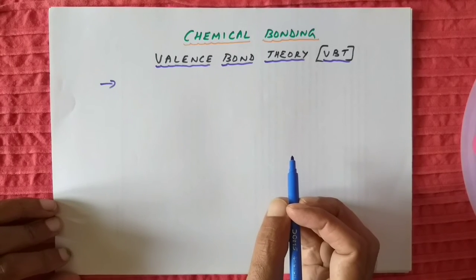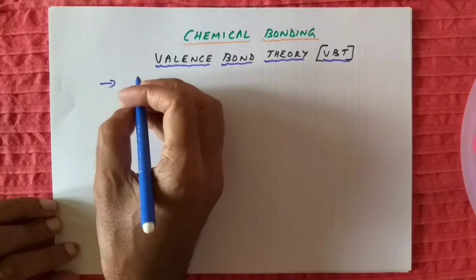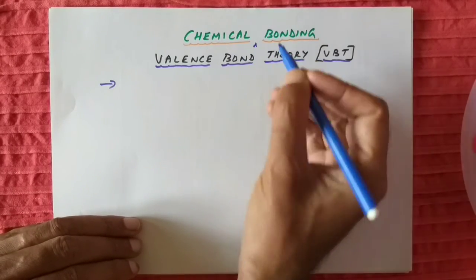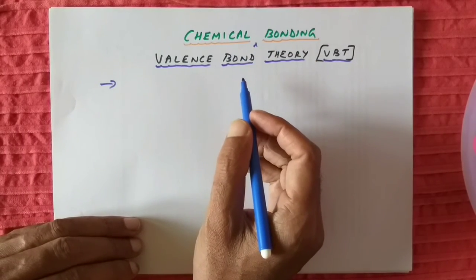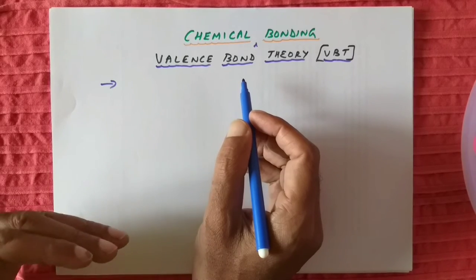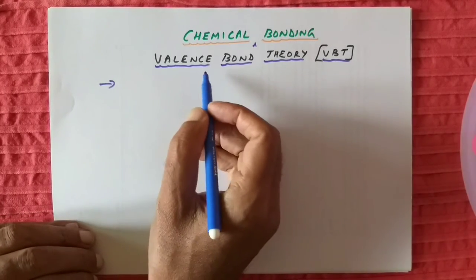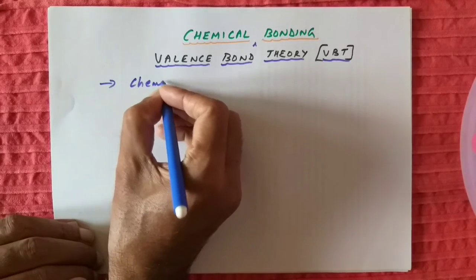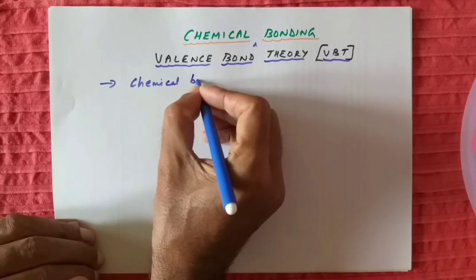What actually does the VBT tell us? VBT is all about chemical bonding, because the topic is chemical bonding. The valence bond theory tells how the chemical bond is formed. According to the valence bond theory, chemical bonds are formed